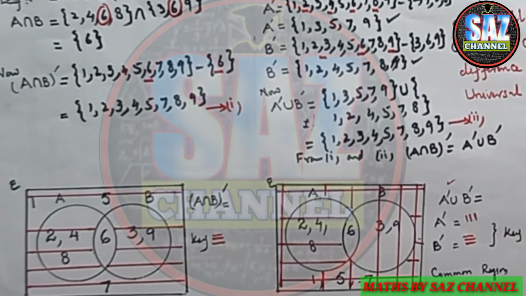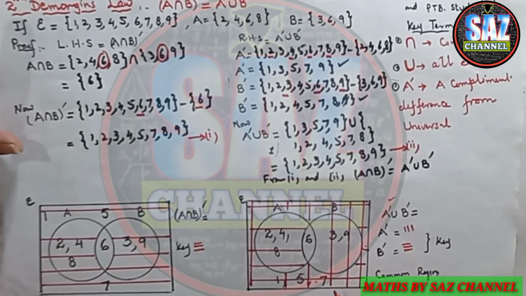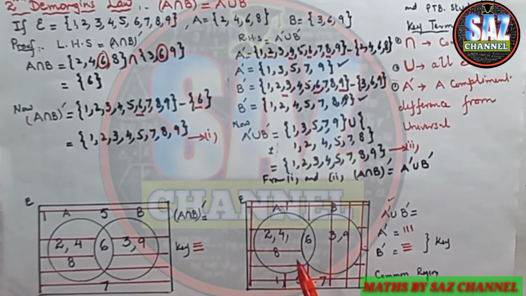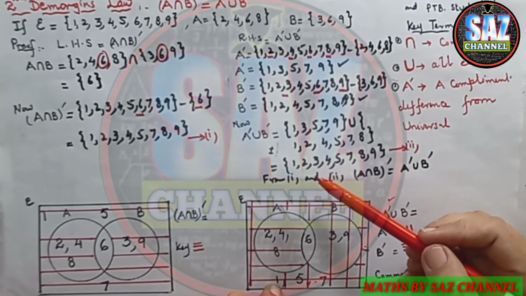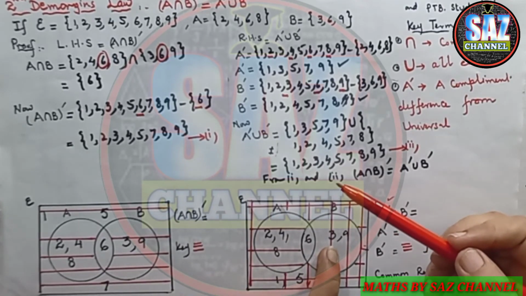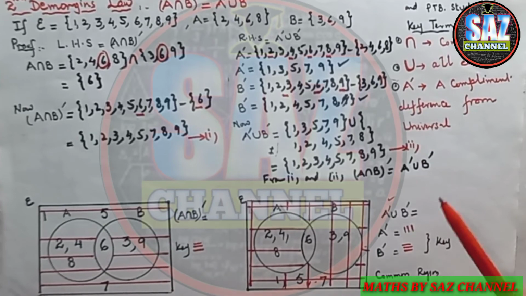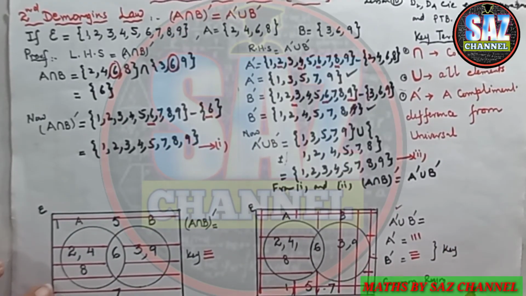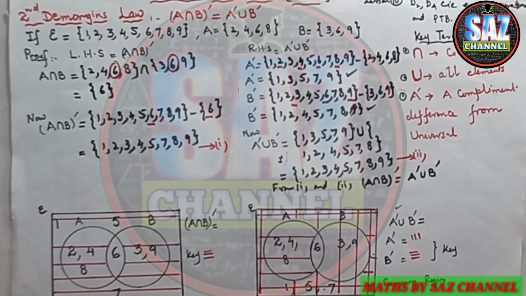Now we can see, as we have to take the union, it will contain all the elements. So if you look at the answer, my answer is 1, that is in the universal, then 2, that is in A, 3, that is in B, and 4, that is in A, 5, 7, 8 and 9. And if we compare both the diagrams, we can see that both the diagrams are receiving the shading except for this overlapping portion. So I hope you are clear about this question.